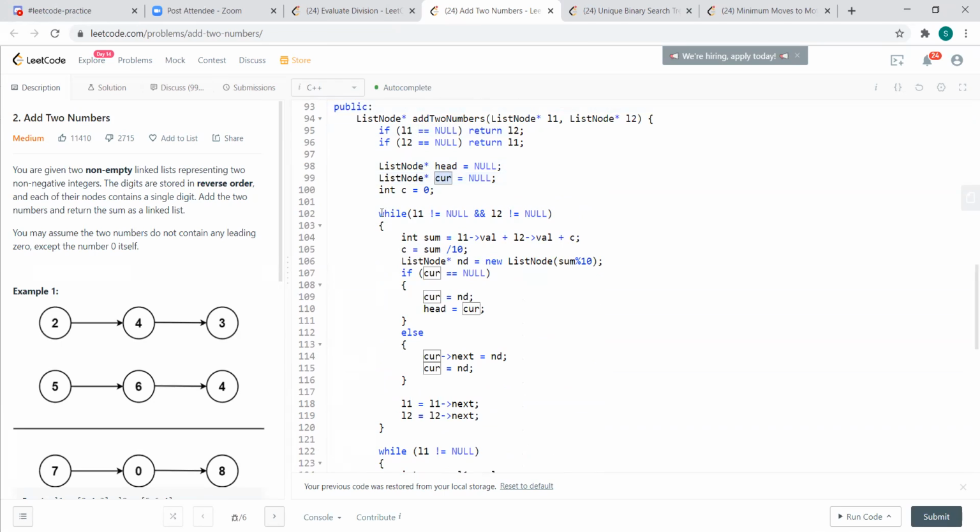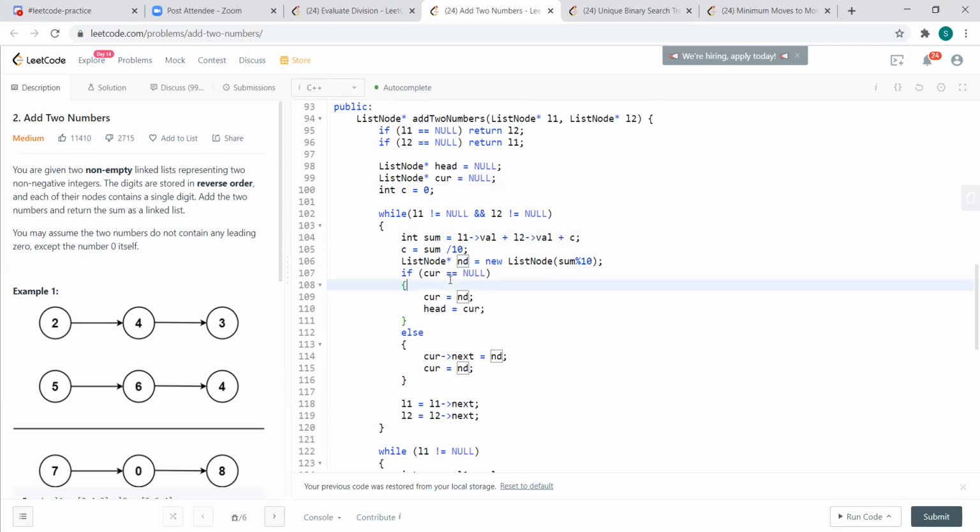In the first while loop, I'm checking that both L1 and L2 are not null, so that's an AND condition. Then I take the values of L1, L2 and the carry, initially initialized to 0. Then I sum it up, assign the carry, and with the remainder modulo 10, I create a new node.